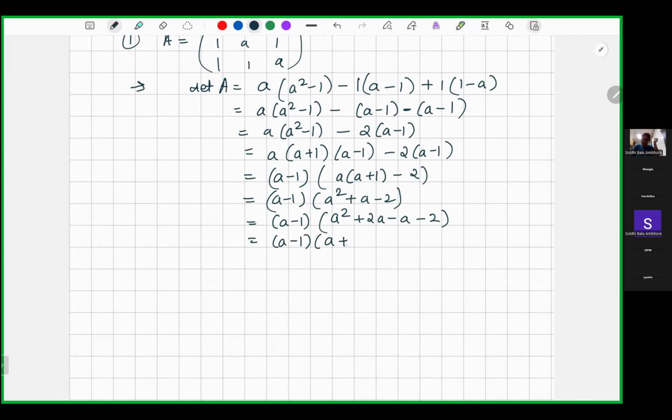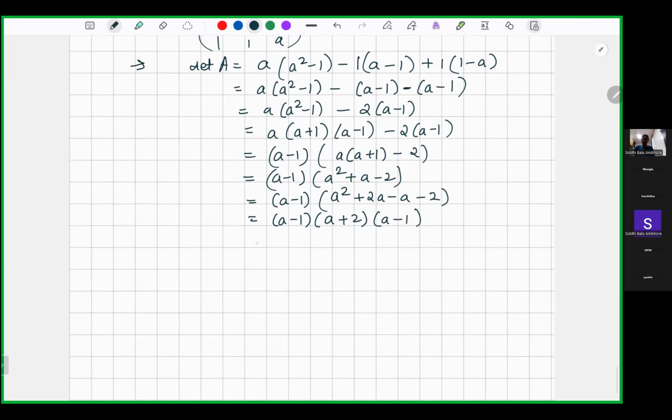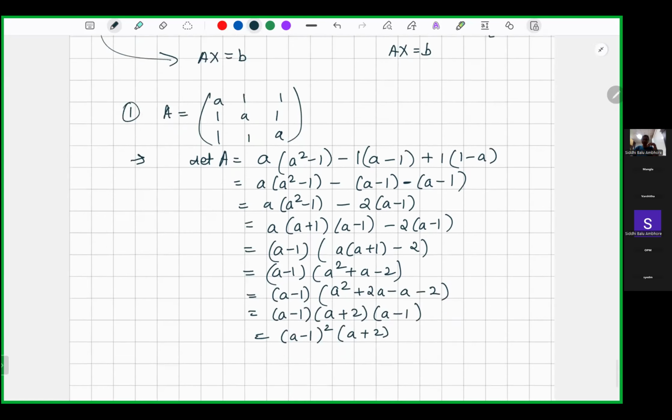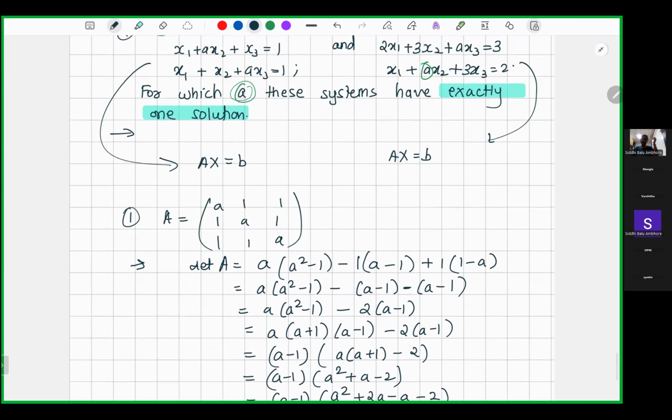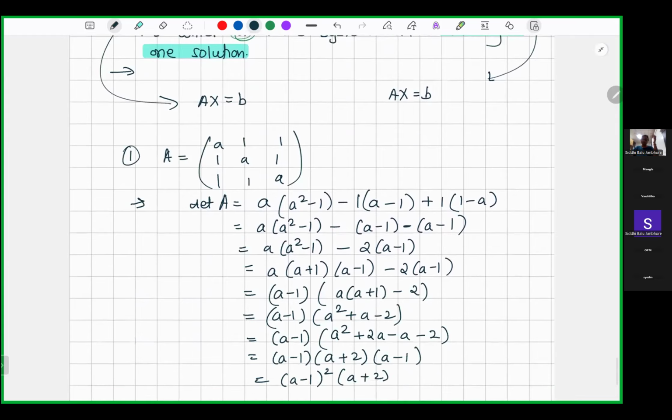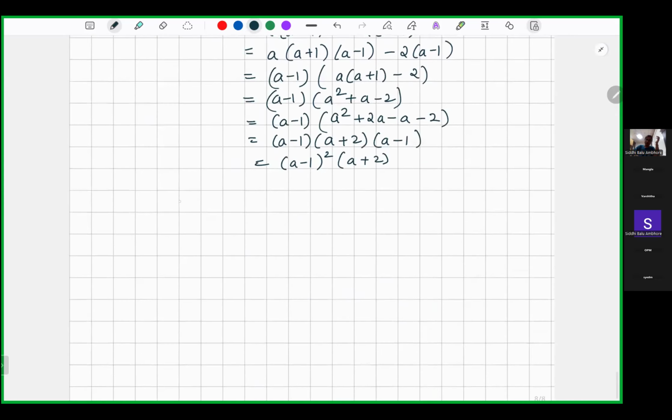So this is A plus 2, A minus 1. Oh, A minus 1, A plus 2. So A minus 1 square we got here. Okay, so the only possibility, therefore,